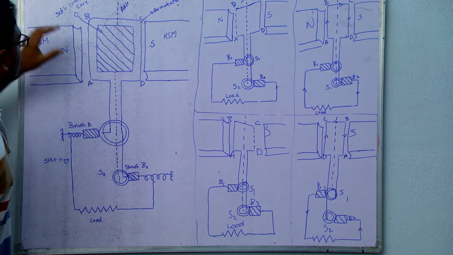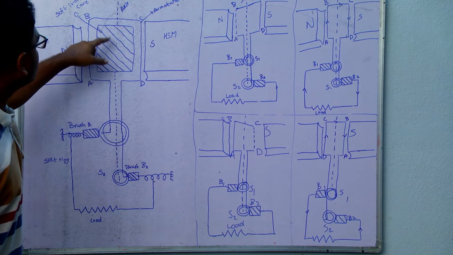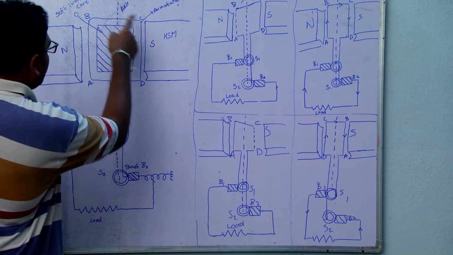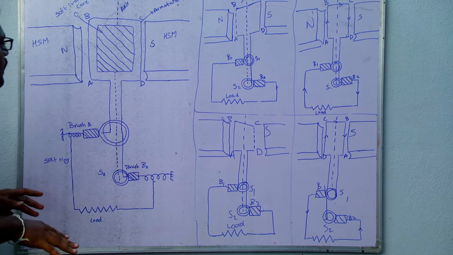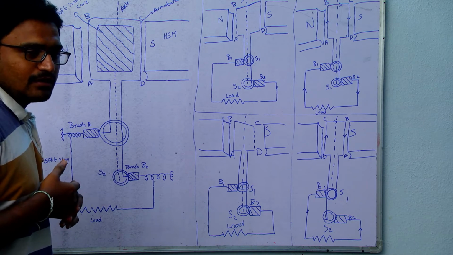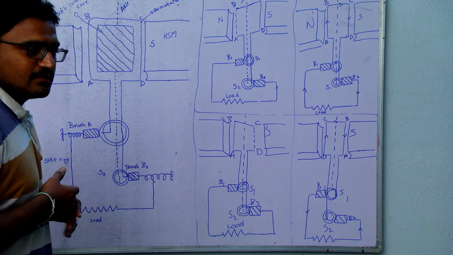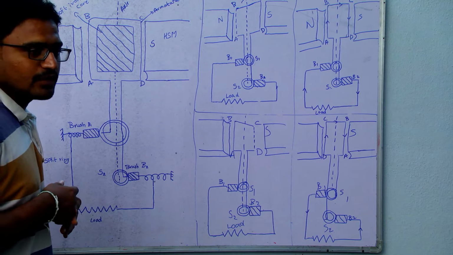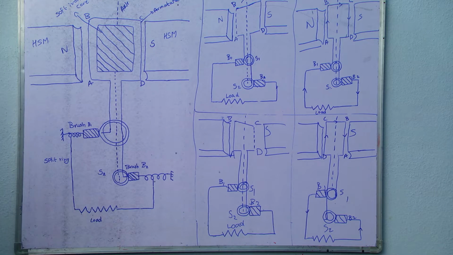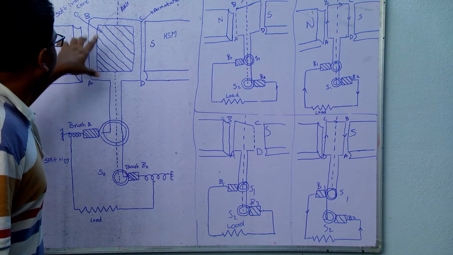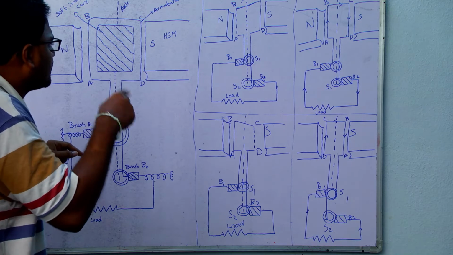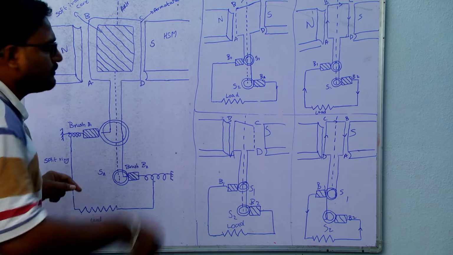And a coil, inside this coil there is a soft iron core on which copper wire is wound. You already know that if I place a soft iron core inside the coil, I will get a strong magnetic field. Okay, the strength of the magnetic field is increased. That we call an electromagnet. So from that concept, inside this coil there is a soft iron core on which copper is wound in the form of coils.